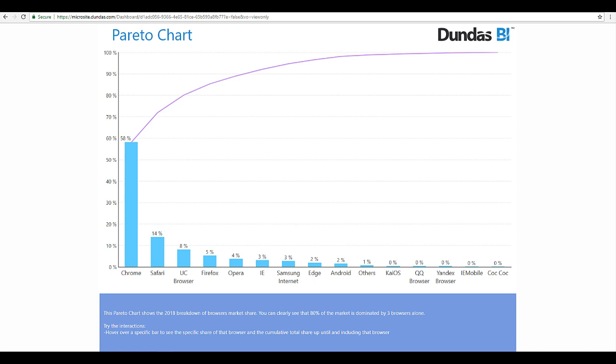What you may notice is that the line after 3 bars is roughly equal to 80%. Actually 80.03%. Now, this is a very common occurrence as this chart is actually a derivative of the Pareto principle, hence its name, which states that for many events, roughly 80% of the effects come from 20% of the causes. This principle dates back to the late 1800s when an Italian engineer by the name of Vilfredo Pareto observed that 80% of the land in Italy was owned at the time by 20% of the population. He further developed his theory when he observed that roughly 20% of the pea pods in his garden contained 80%